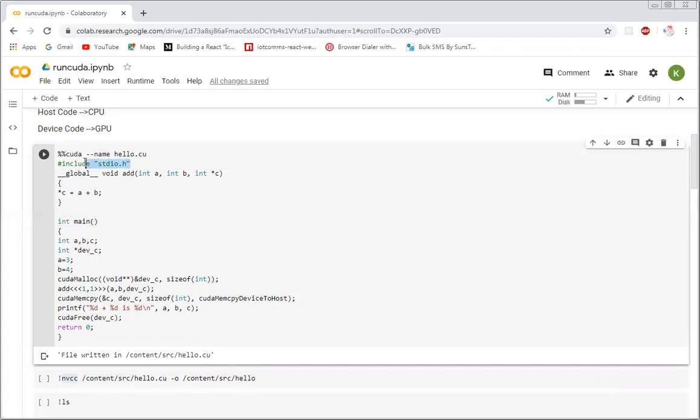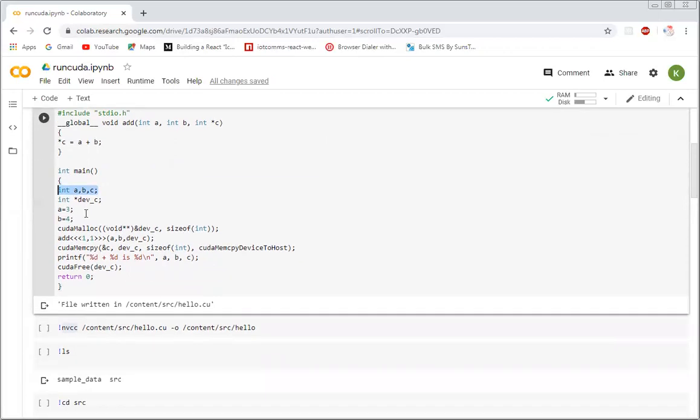Stdio.h, yeah, it is old, no issues. Now you are defining some variables. Variables are there which can be used, no issues. Other thing is you are also having another kind of variable. No problem. Pointer variable.